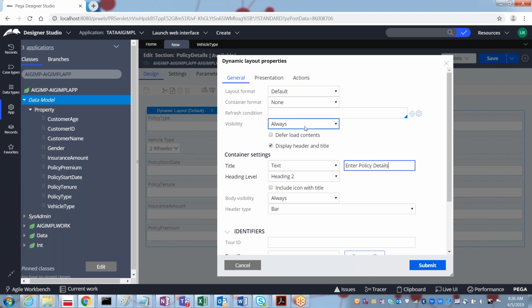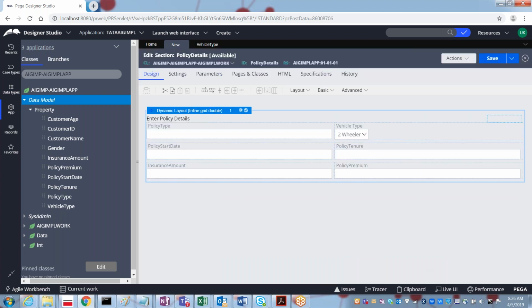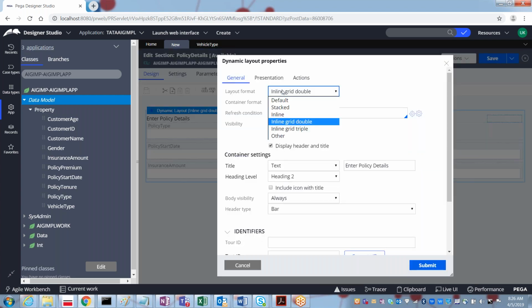After that, the layout format: inline grid double, if you want, you can give. Inline grid double means it will display as 2 columns. Otherwise there are various things based on the client need, you can apply.